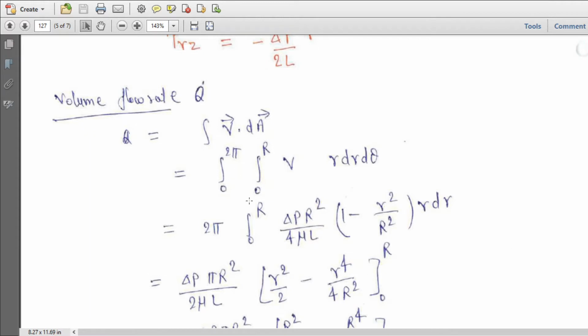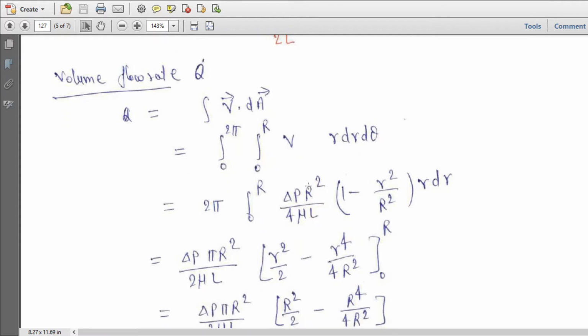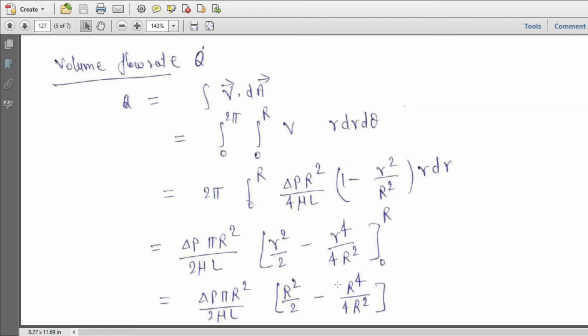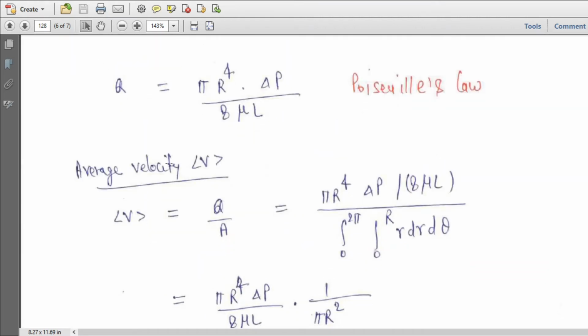So integral 0 to 2 pi, 0 to R, Vz r dr d theta. So this is the velocity expression, delta P R square by 4 mu L times 1 minus r square upon R square, into r dr. So if we integrate that, we will get this one. Finally we will end up with this, that Q equal to pi R to the power 4 delta P upon 8 mu L,